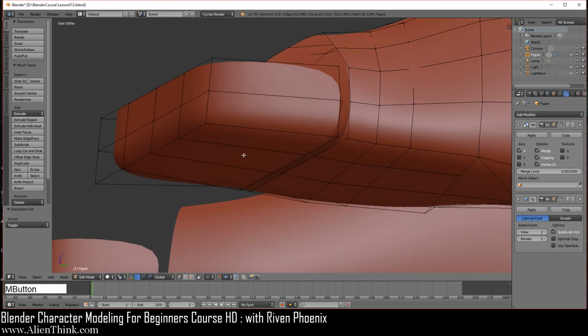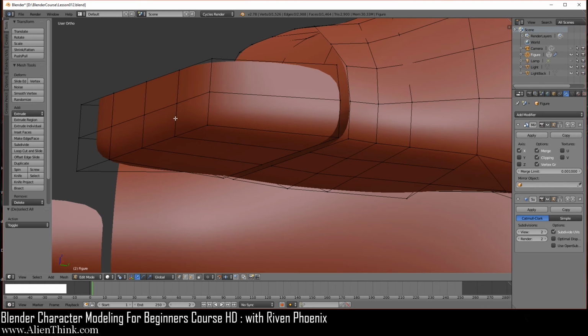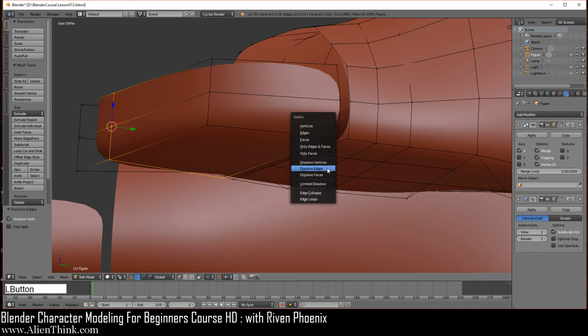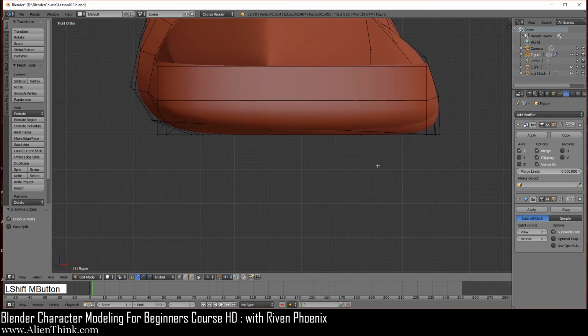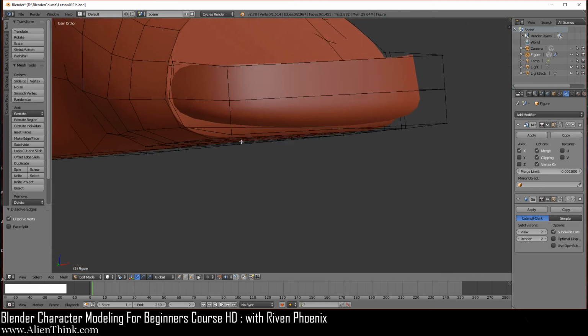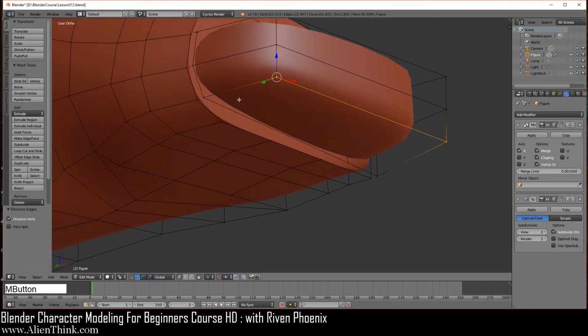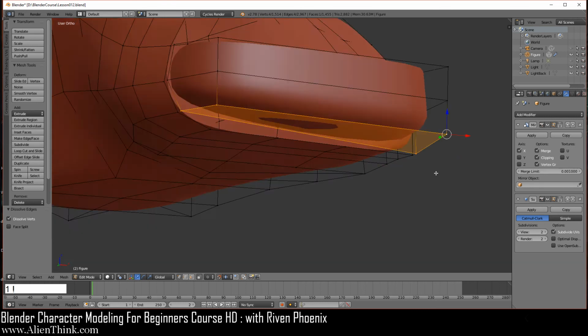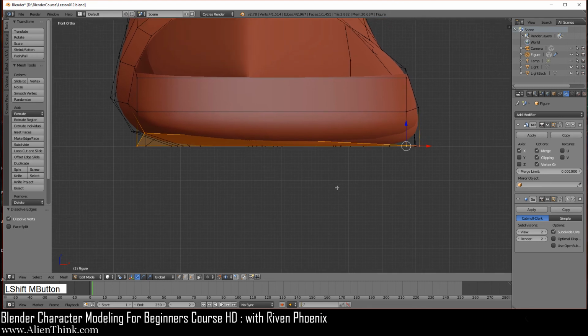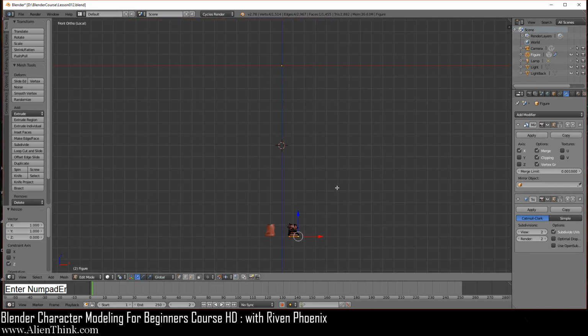What I want to do is actually first get rid of these edges over here. So I'm going to do Alt X, and we're going to do dissolve edge. Click on this one, X, dissolve edge, Alt, right click this one, X, and dissolve edge. Okay, now if you do 1, you can see that it's going a little above over here. So what you want to do is go ahead and select this vertex, this one, and just make sure that this one is the active one over here. Now if you do S and Z, you can press 0 and just press enter.